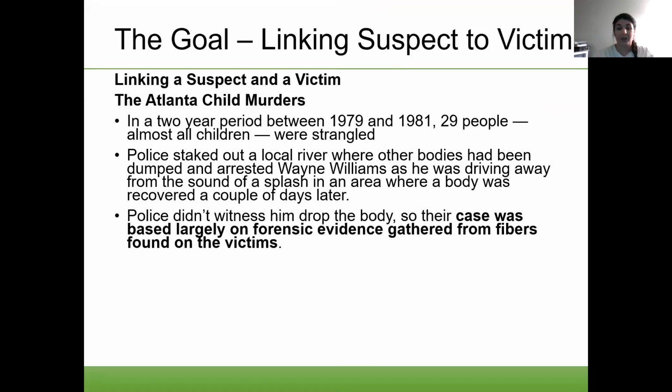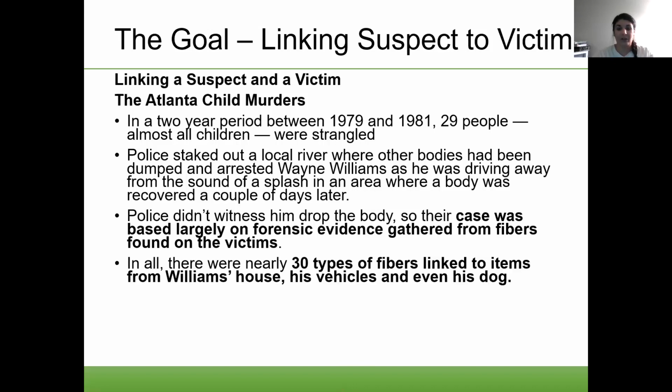someone. The police didn't witness him drop the body, so their case was based largely on forensic evidence gathered from fibers found on the victim. So the fibers from whatever the murderer used to strangle each of his victims. Again, trace evidence. The fibers will be transferred to the body. In all, there were nearly 30 types of fibers linked to items from Williams' house, his vehicles, and even his